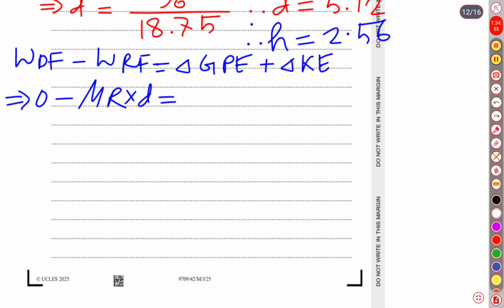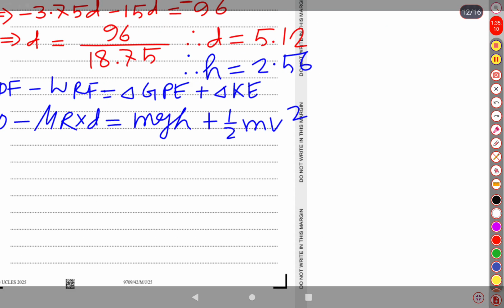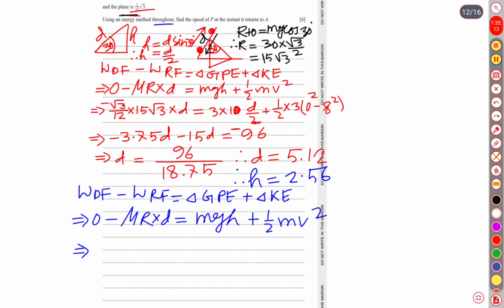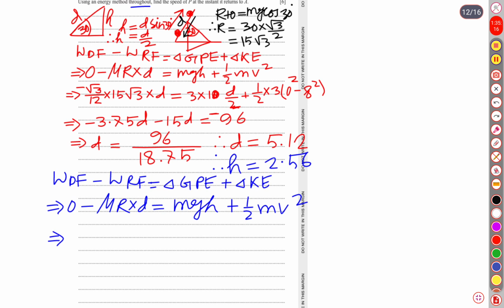Then GPE is mgh plus half mv square. The same concept we are applying here. Now mu R d is equal to what? Let us substitute all of the values. Mu is square root over 3 over 12, into our R which is 15 square root over 3, into d, which has already been obtained, 5.12,